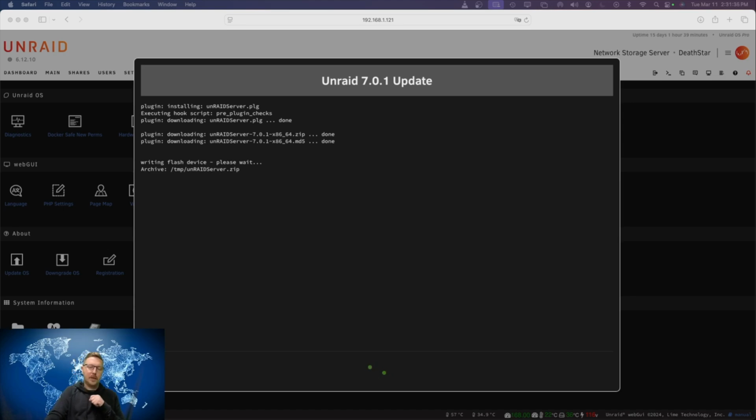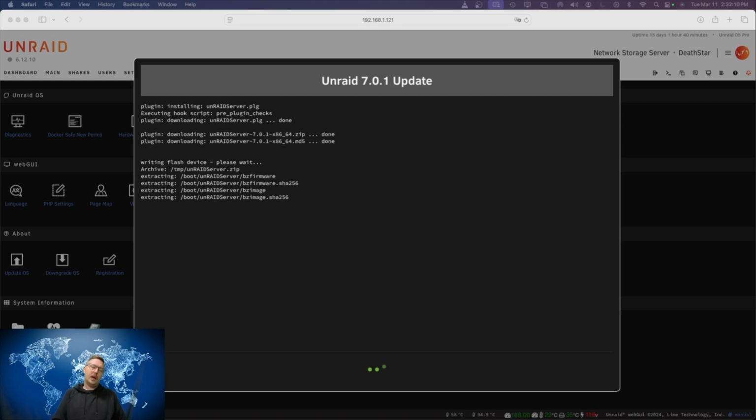Okay, I just need to jump in and say that I made a rookie mistake here, and I did not back up my flash drive first. As we see right now, it actually is backing up the flash drive, but it's writing it to the flash drive. Actually, it looks like it's writing it to RAM right now. Okay, never mind. Yes, it wrote the update to RAM, and now it's copying it from RAM over to the